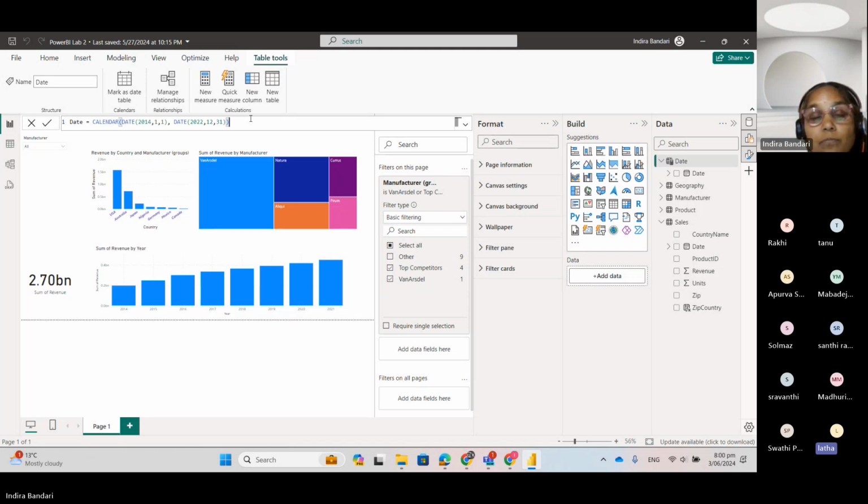Function calendar. Date method: 2014, comma 1, comma 1. Close the brackets. Again a comma,